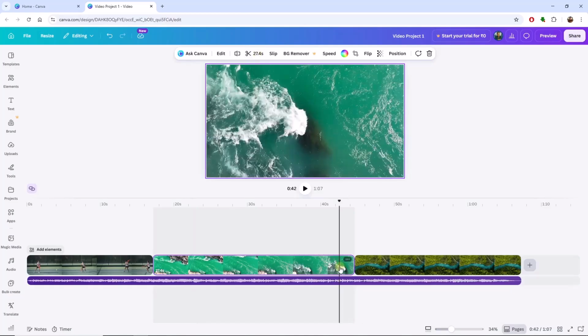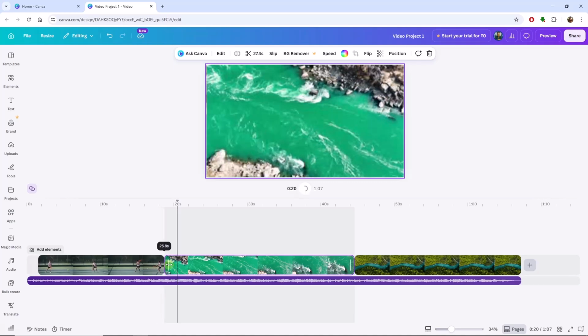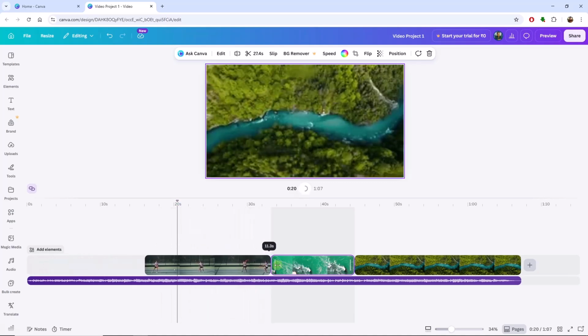Now when I choose the clip and if I want to perform the same trim function either in the beginning or end, I can use the same option here. To do that, I just select the clip and I come to the end or to the beginning of this particular video clip. You can see now we have the one white bar here. I can just click there and drag towards right hand side so that I can trim the particular video clip